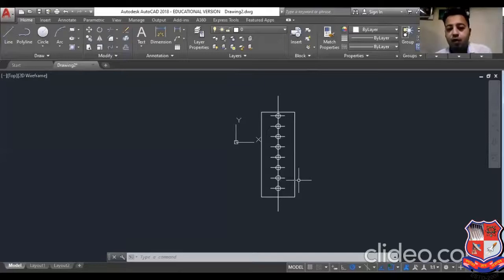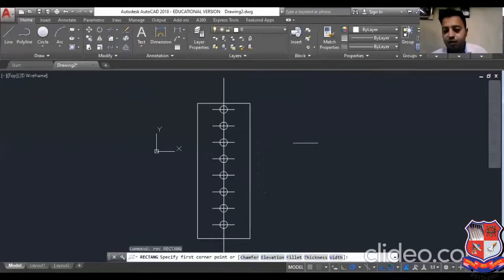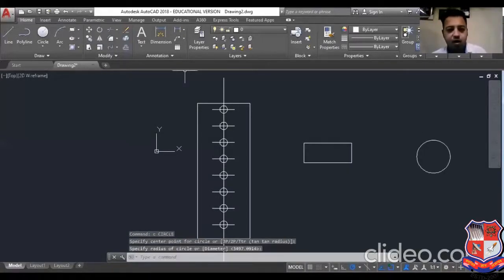And now if you want to change the dimension of the offset, then accept and again take the offset command. For the next offset command, the value you can change. But in the same offset command, you cannot change the value of the offset. Okay, so this is the offset command. You can also make the offset of the rectangle, like this, and you can also make the offset of the circle. So say offset, O command, enter, and we have already given 6000.